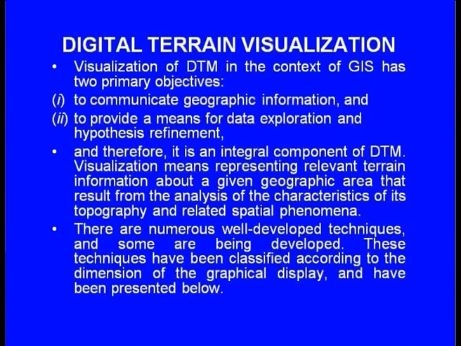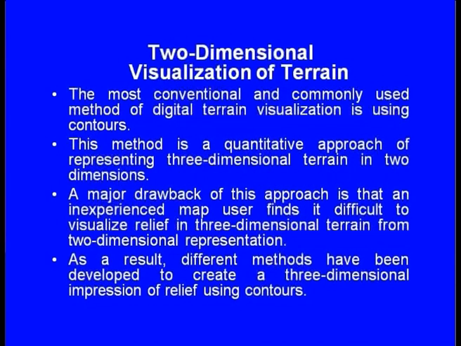There are numerous well developed techniques and some are being developed. These techniques have been classified according to the dimension of the graphical display and have been represented below. Two-dimensional visualizations of terrain. The most conventional and commonly used method of digital terrain visualization is using contours. This method is a quantitative approach of representing 3D terrain in two dimensions. A major drawback in this approach is that an inexperienced map user finds it difficult to visualize